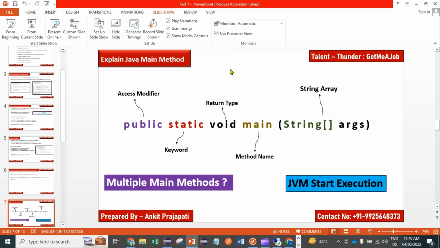Then void will be the return type, right? It could be void, integer, string, or something like that. So void will be the return type of that particular method, and main will be the method name. The word main is specifically the method name that informs the JVM,